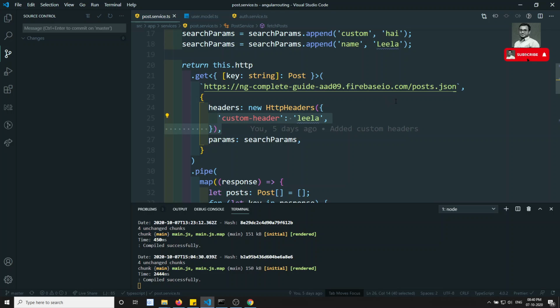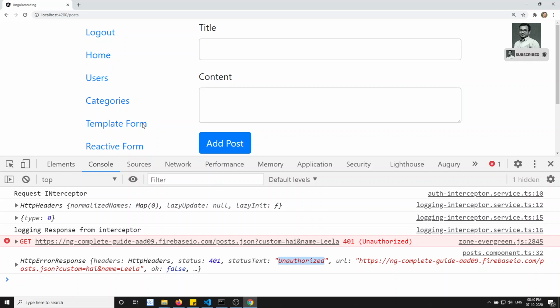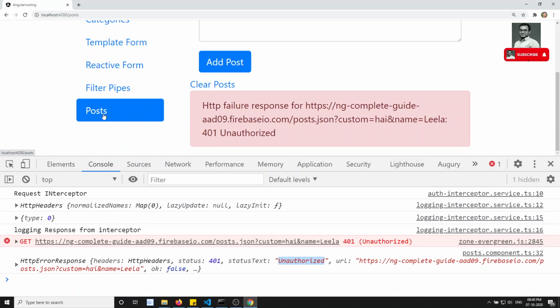In Firebase, we'll be passing it through the query parameter. We need to pass this auth token through the query parameter. Now if you observe here, we don't have this auth token, but the user is logged in. We know that the user is logged in, which means we have the token with us in the user object, but we don't have the token to pass through the post. So how can we get the token?